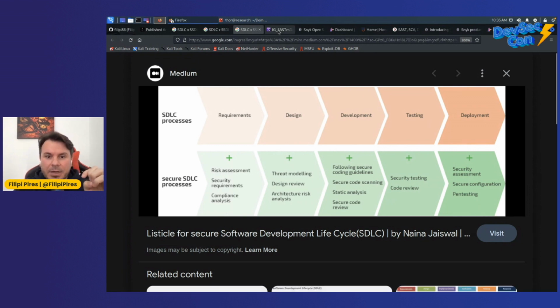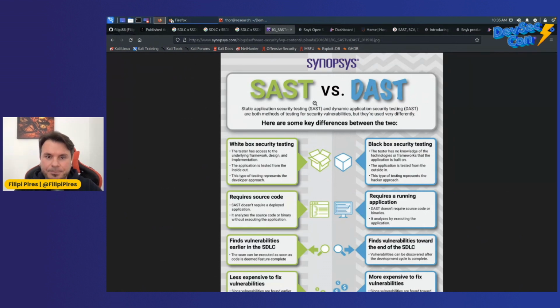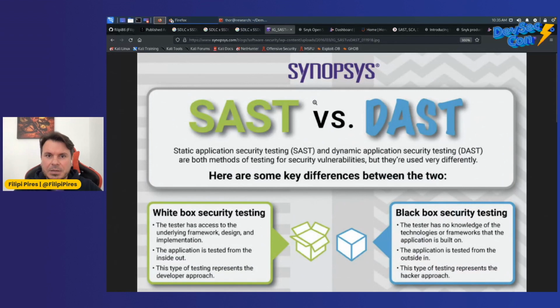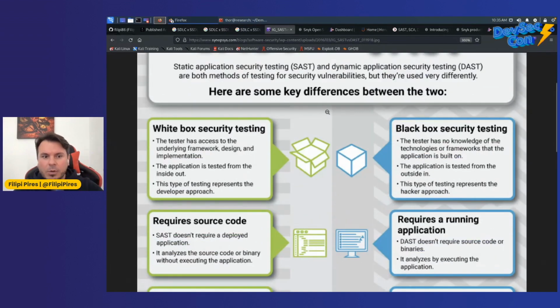Okay, here I would like to explain a simple definition of what SAST and DAST are. Not only that, but we can see more than one. For example, just a simple approach: SAST is white box security testing. The idea here is to look more inside of the applications. On the other hand, you have DAST, for example. When you have the application published, so you have an endpoint, you have an API published, so you can run